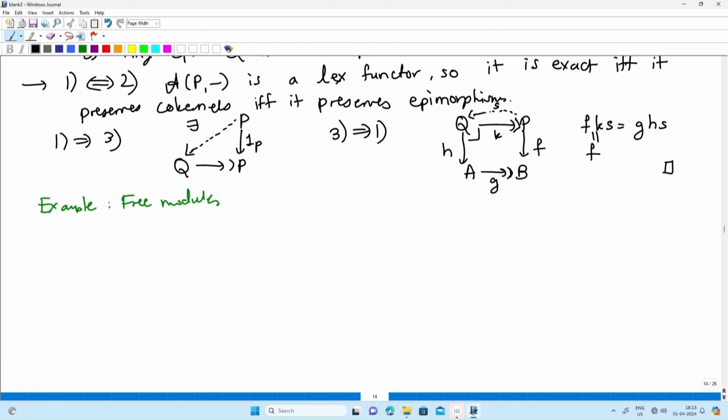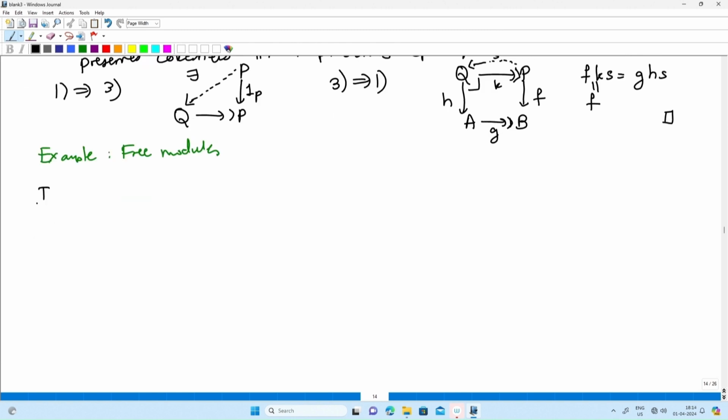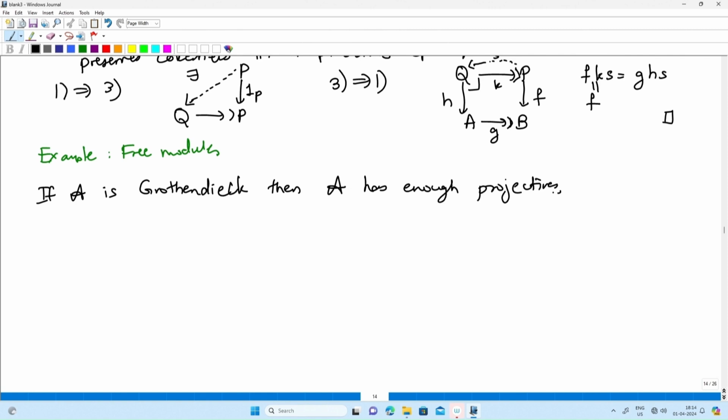So let me just recall that. If A is Grothendieck, then A has enough projectives, i.e.,